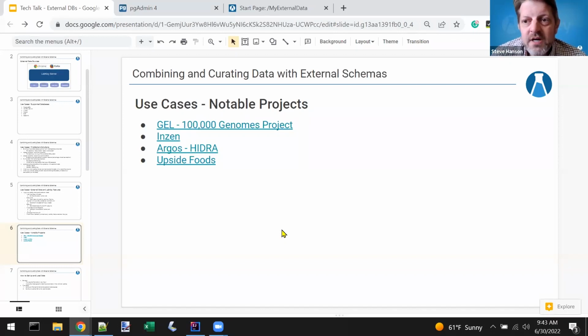The Argos Hydra project also made heavy use of external data sources. If I recall correctly, they pulled in lots of pre-existing patient data. Really, I think there were like 300,000 patients and their medical histories that were pulled into LabKey and combined with other kinds of data and presented in a really slick